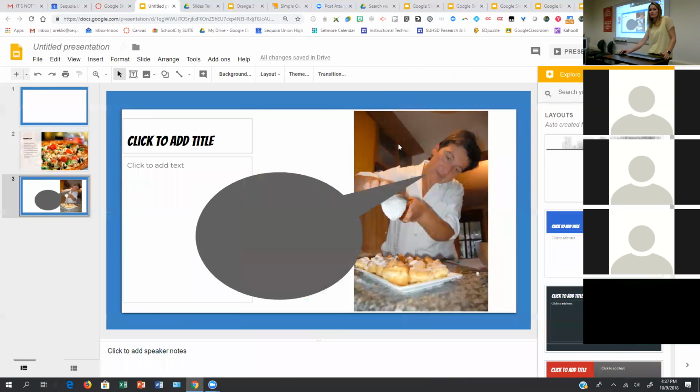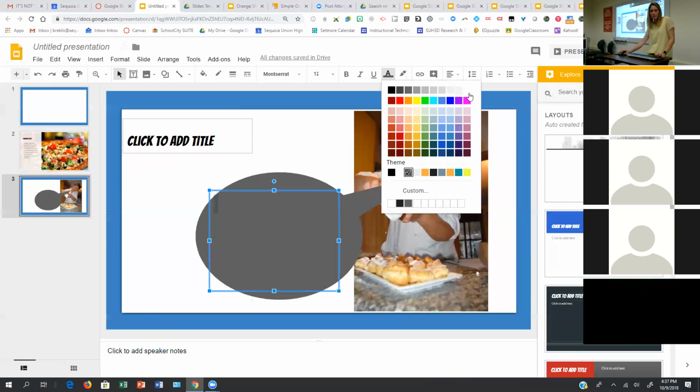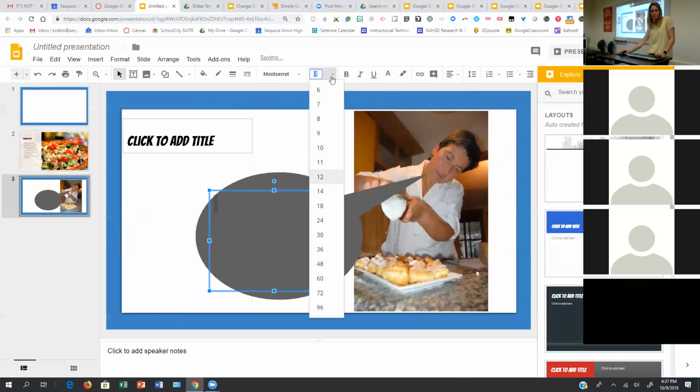That's stuck there because it's part of the master. But I can pull this guy over. And then make it white so it shows up. Maybe make it a little bit bigger.